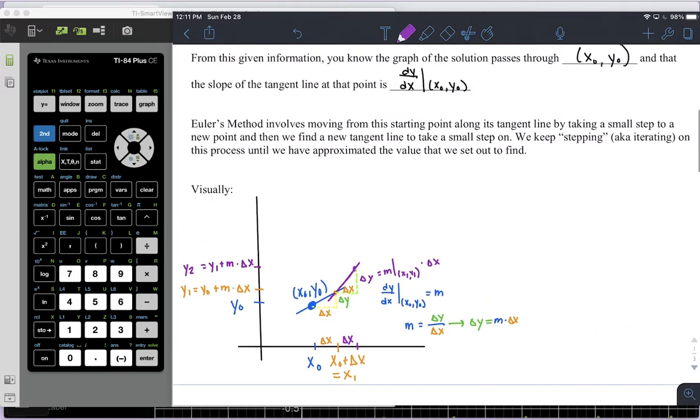So what this kind of boils down to is that I'm going to write this first in more mathy symbols, and then we'll write it in normal people speak, right? My next y-coordinate, my y sub i plus 1, is equal to my ith y-coordinate plus the derivative evaluated at x_i, y_i, times my delta x. So this is our Euler's method formula to approximate